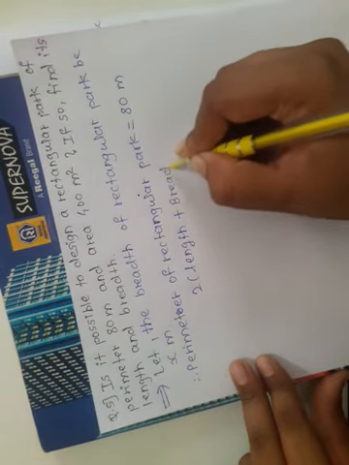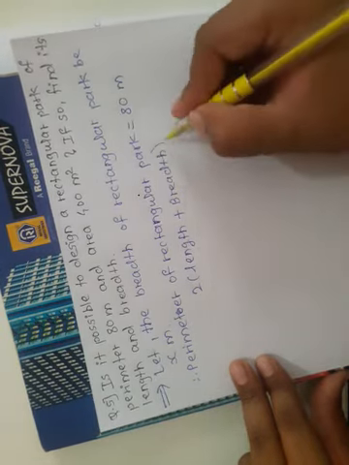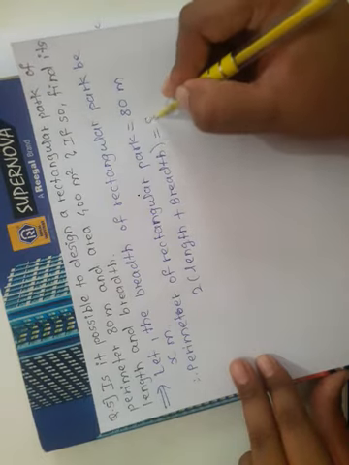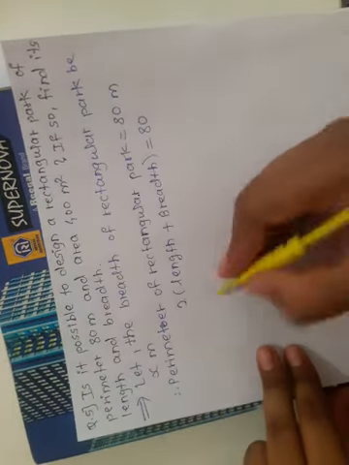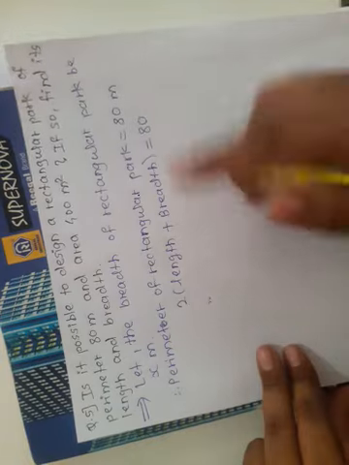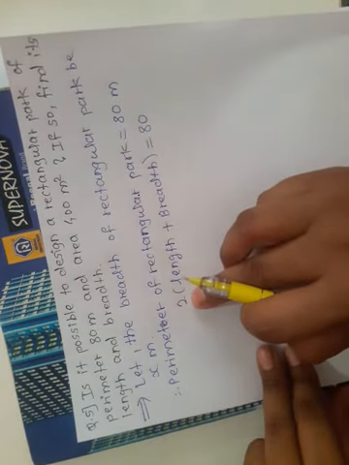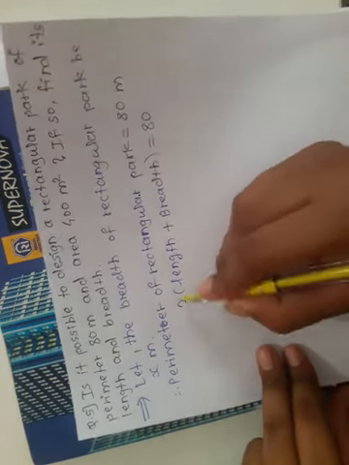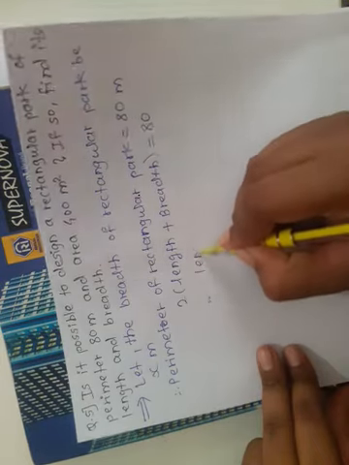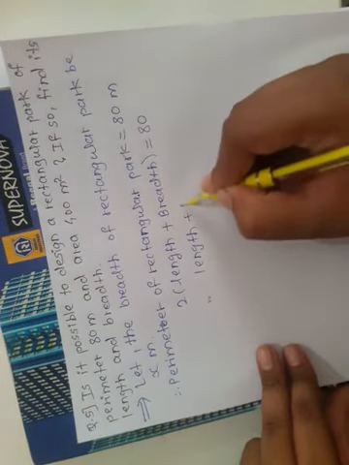We know very well 2 into length plus breadth means perimeter, which is equal to 80 meter, given to us. Divide throughout by 2. The 2 gets cancelled, and we get length plus breadth